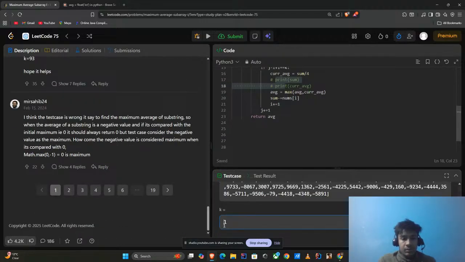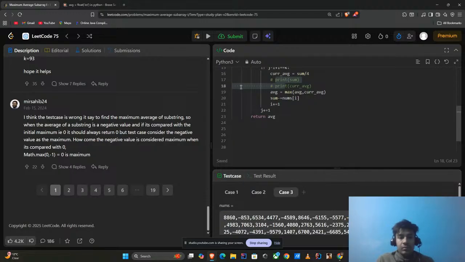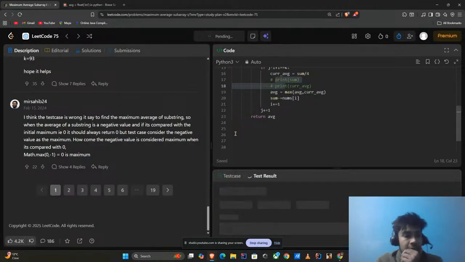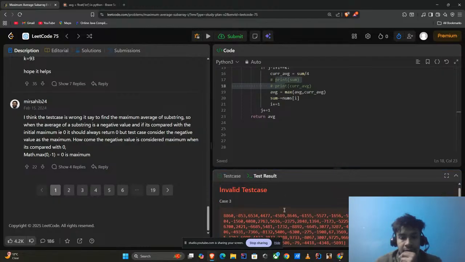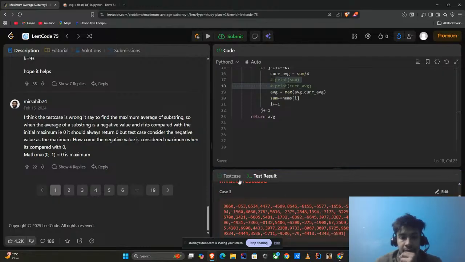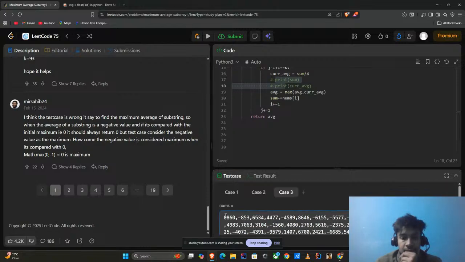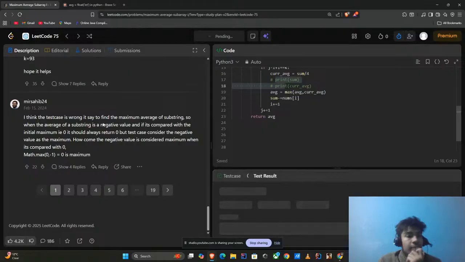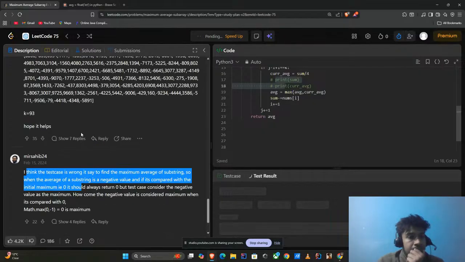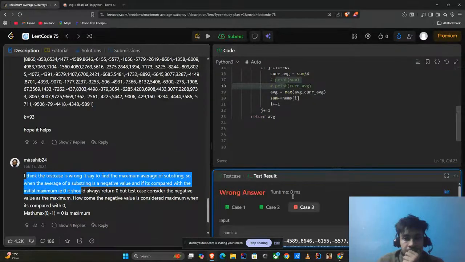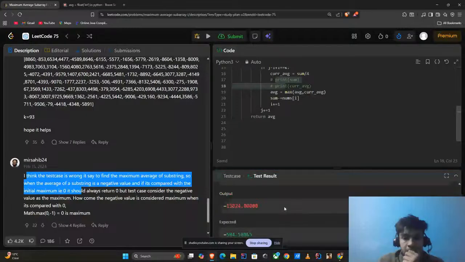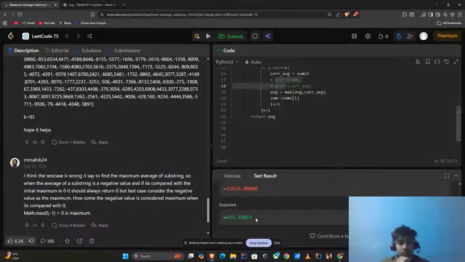93. If this works, we will be submitting our solution. I don't think this is going to work. Why is this test case invalid? Okay, I forgot to copy this, and it should be working. Okay, the output is